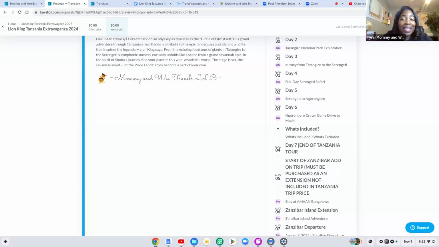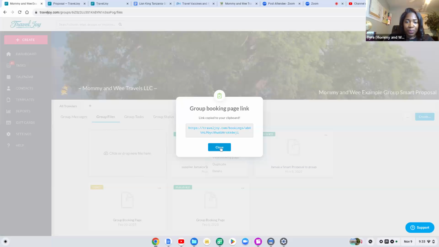Okay. When you're doing it like this on the group booking side, you need to, of course, first create a smart proposal. That smart proposal is going to be under the create a trip section. So first you create the trip, which is a smart proposal. You're going to name it the exact same thing that the group is named. And then once you're done making your smart proposal, the last thing that you're going to do is come over and press